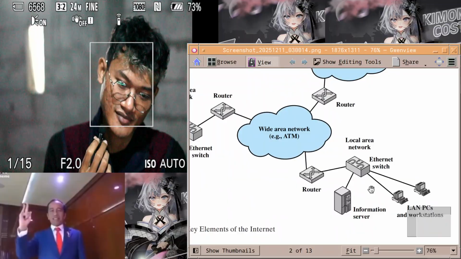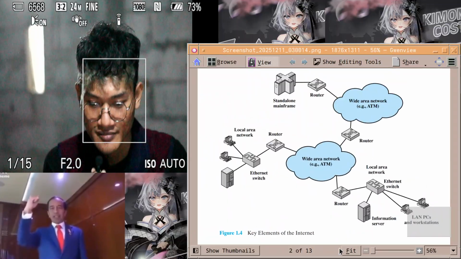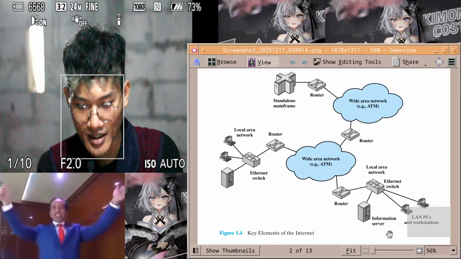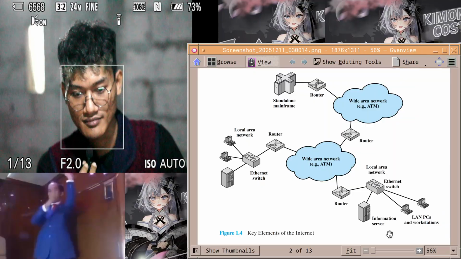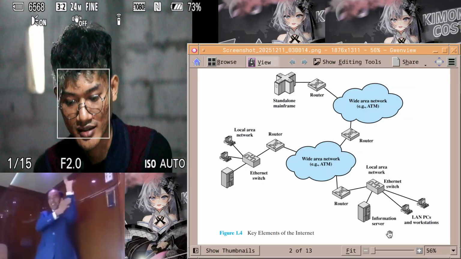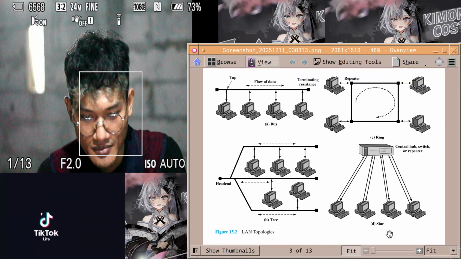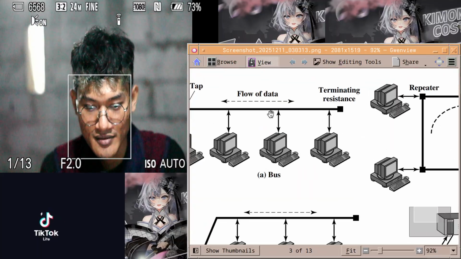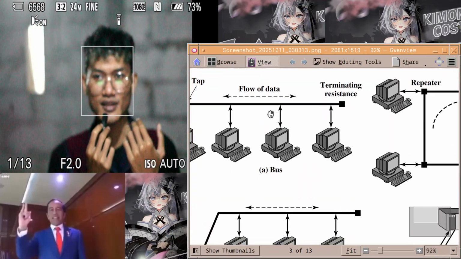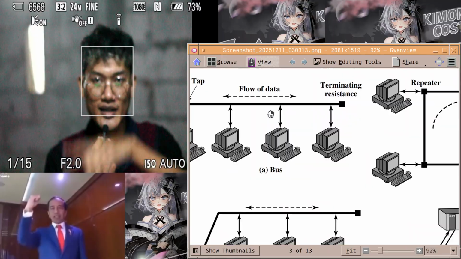So that's my answer about the LAN topology. And now, as you can see here, the bus, as I said before, like the circle, you know,